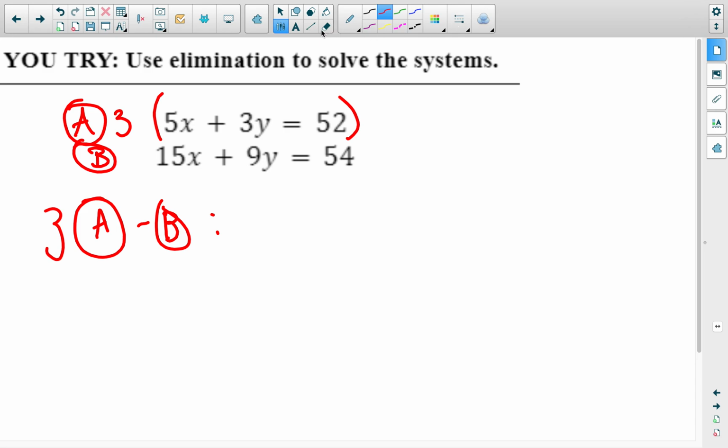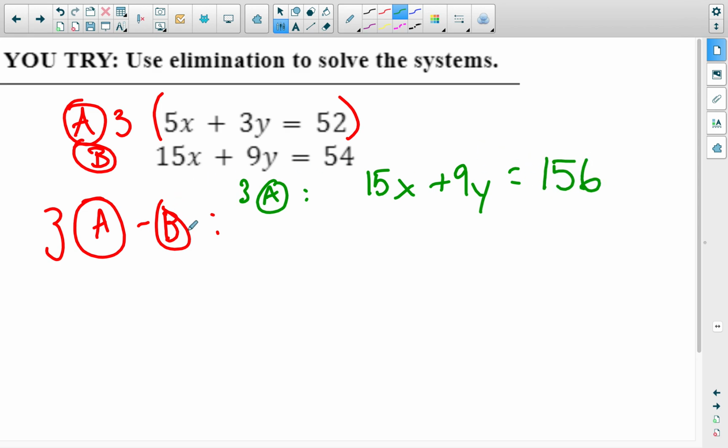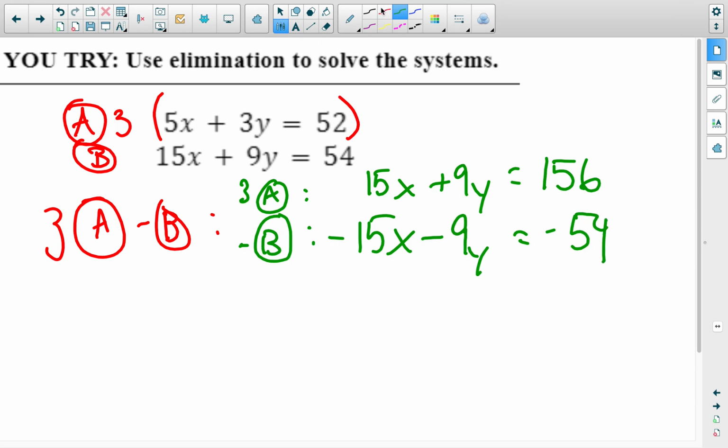So to be really careful here, I'm going to write this out. So I'm going to write out 3A. 3A is going to give me 15x, distribute this 3, plus 9y equals, distribute 3 times 52. Don't forget you have to multiply this times 3 as well, equals 156. And then my minus B, negative 1 times B is going to give me negative 15x, minus 9y equals negative 54. And then now I can